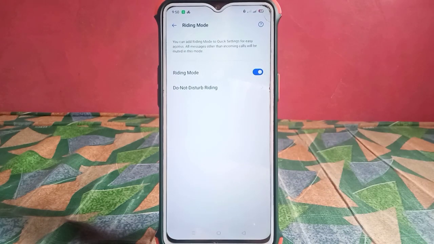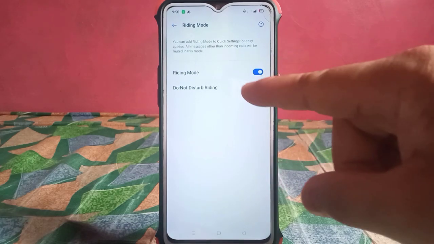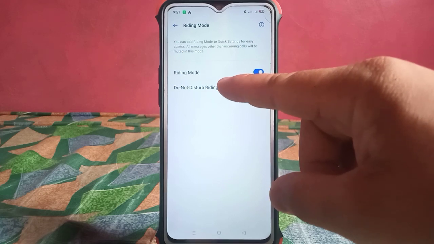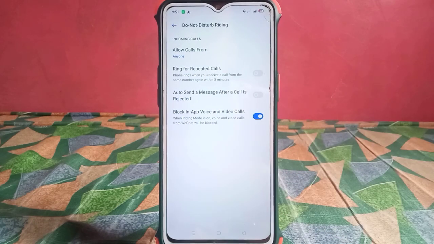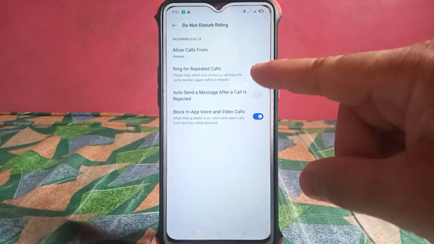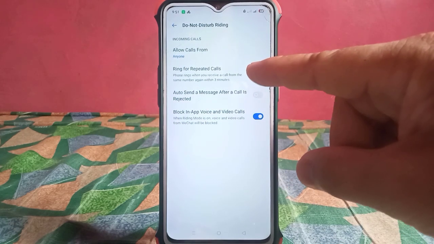Here in Riding Mode, you can see riding mode is on. All you have to do is go to Do Not Disturb Riding. Here in Do Not Disturb Riding, in incoming calls, you can see Ring for repeated calls. If this is enabled or turned on, the phone will ring when you receive a call from